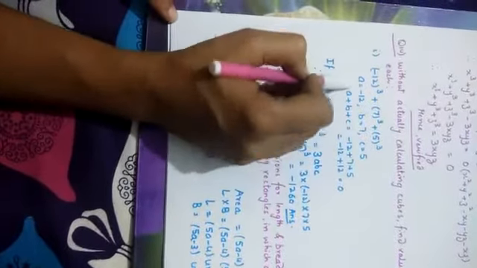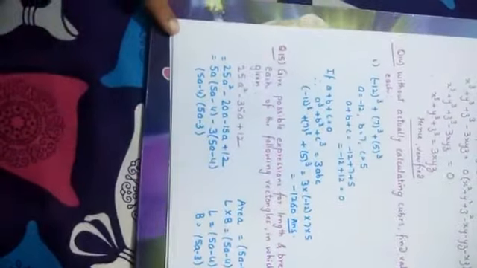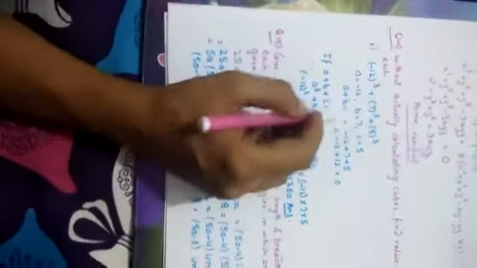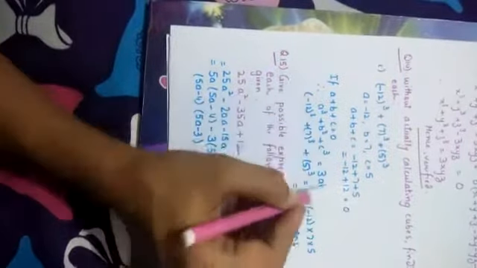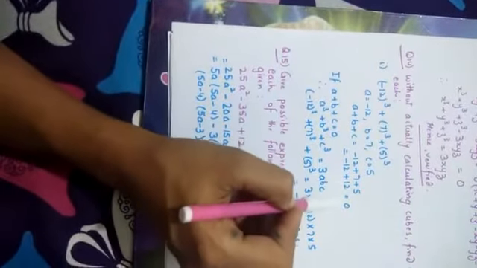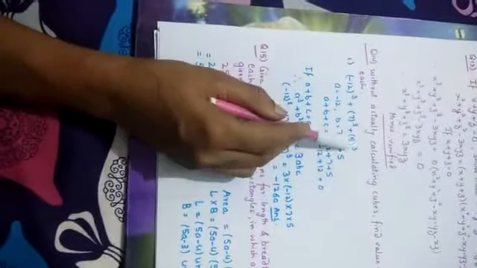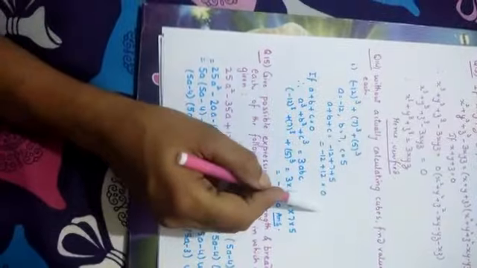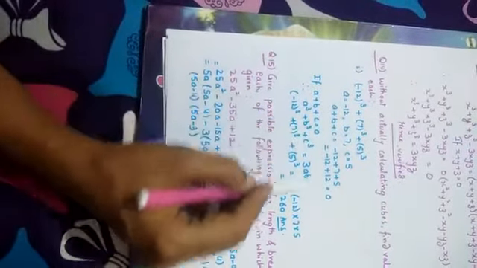If I take one value as A, one as B, one as C. So what is my first step? According to this identity, we have to check if the sum of all these three terms is coming 0 or not. If it is coming 0, then we can directly apply this formula. So what I have done, minus 12, 7 and 5 I have added. Answer is 0. If this value is 0, then A cube plus B cube plus C cube is 3ABC.